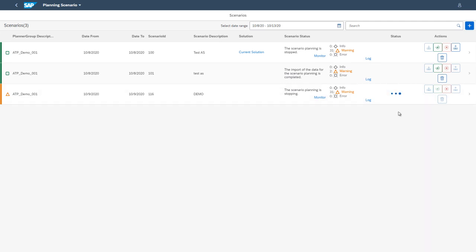Now it still continues to calculate until it has found the next better solution, simply because it can be that we already did 90% of the calculation efforts towards the next solution, and we don't want to throw that effort away.